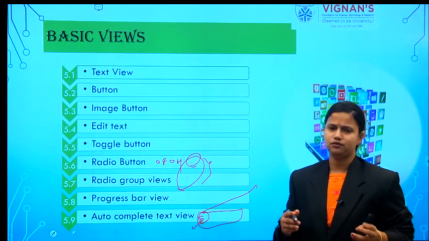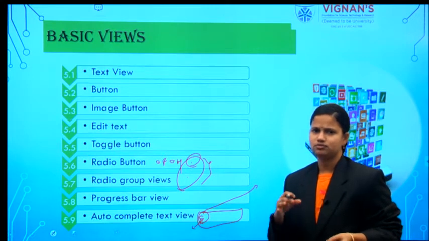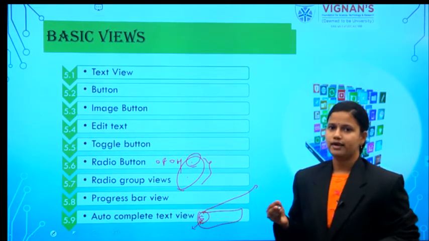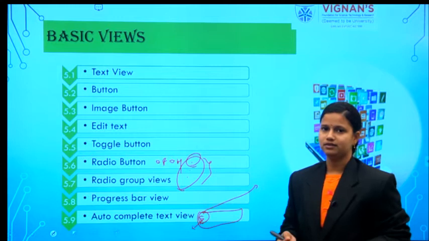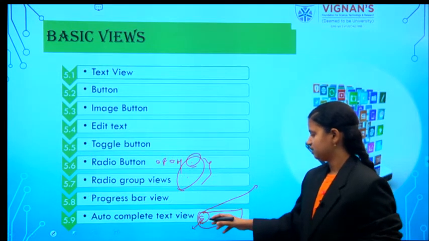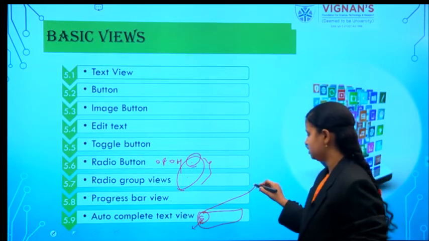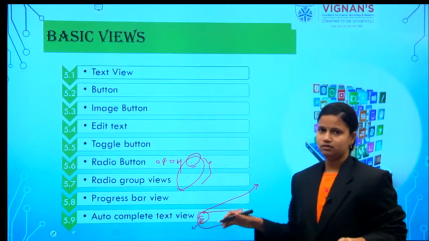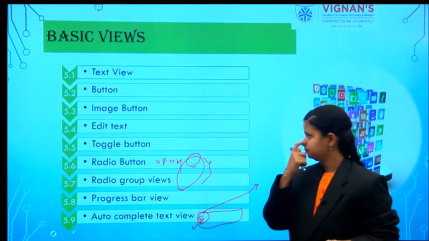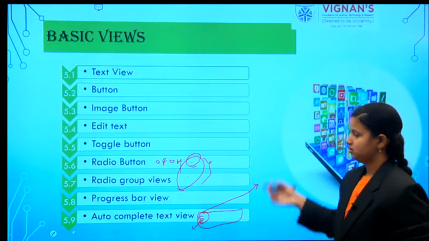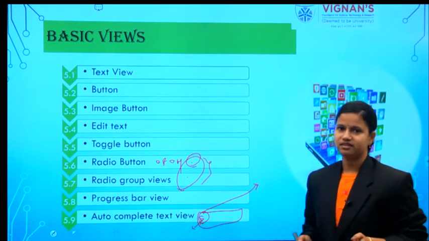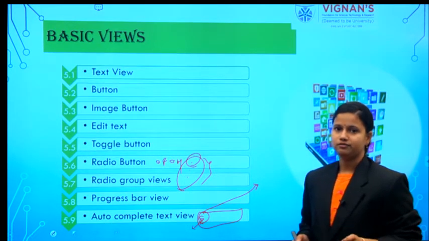Whenever you type only S or only a few letters of your information, it automatically shows suggestions. So that is an autocomplete text view. These are the list of basic views we are to discuss in this unit 5.